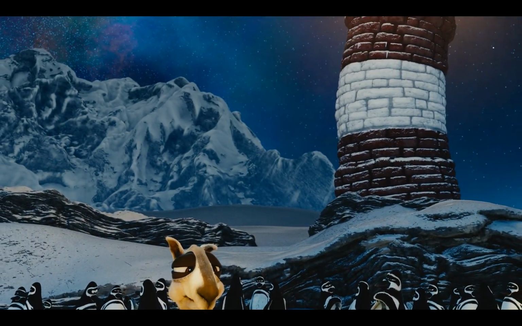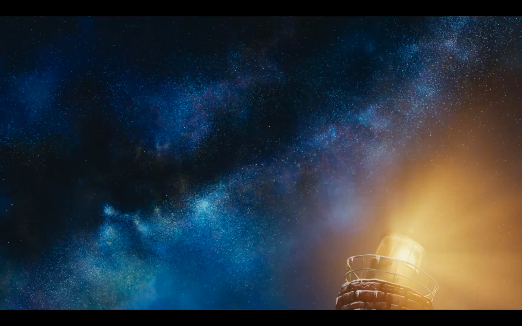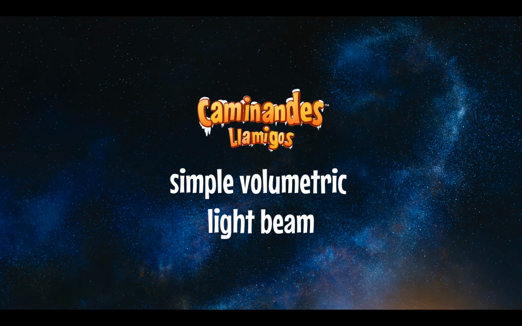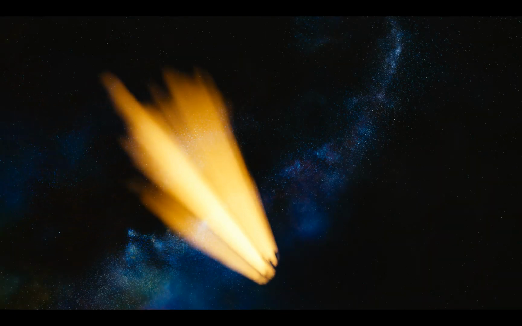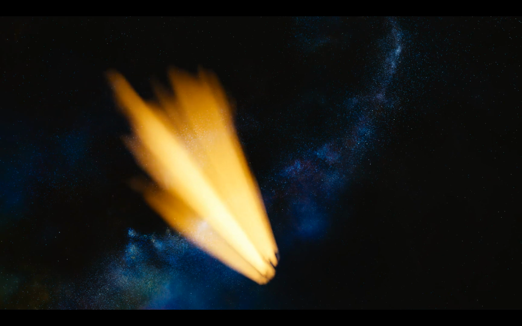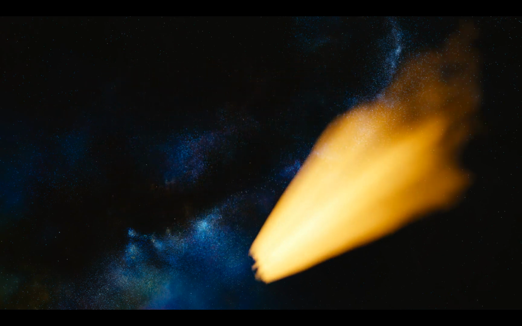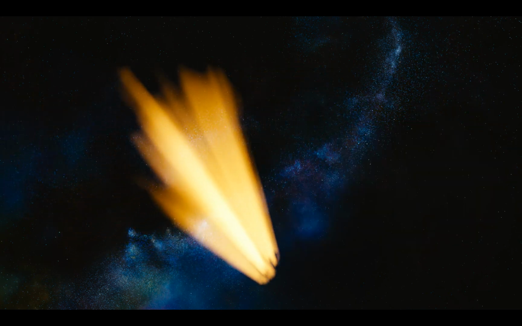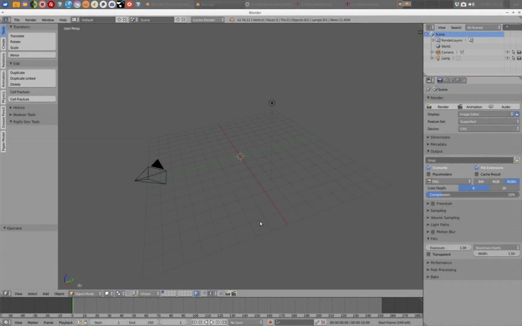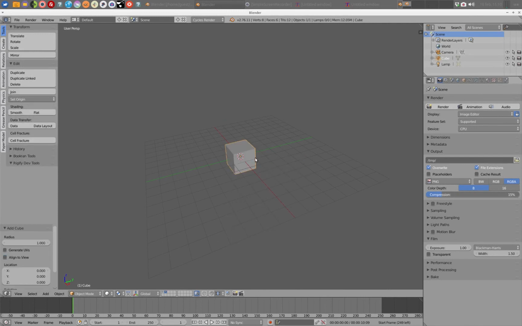Hello there. Let me show you a quick tip on how we did the volumetric light beam at the end. We didn't use anything really elaborate like scattering or absorption. We used a simple emission shader, and that's just because it's fast to render and it doesn't really produce any other issues. So the first thing we do is add a cube, and we'll scale the cube on one axis,